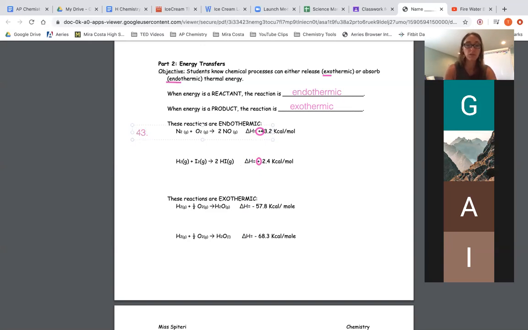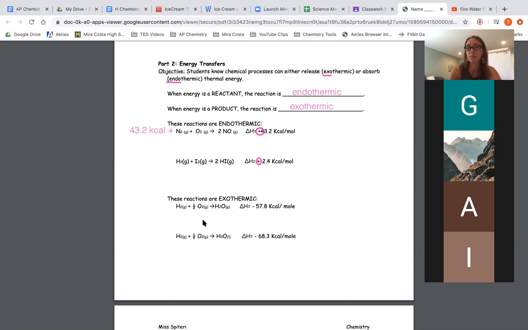43.2 kilojoules on the reactant side to the nitrogen and the oxygen over here, and show that, I'm sorry, it's not kilojoules. I take that back. It's kilocalories. Sorry, I need to check my units before I do that next time. Let's see if I can move this. There you go. Okay, so I can literally add that 43.2 kilocalories to the left side of the equation because